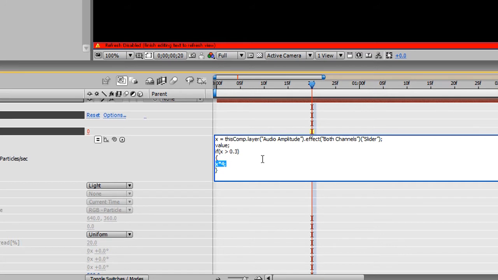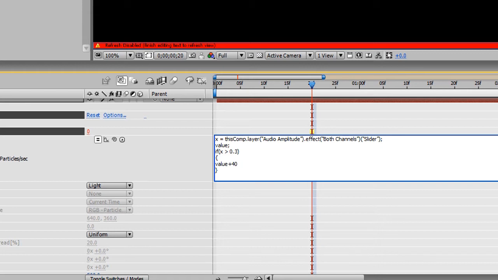But this is where things are going to change a little bit, because as the parameters change, so do our values here. We're going to take our original value, which was 0, and I would usually say times x, but if you've ever taken any math in elementary, middle, or high school, you know 0 times a number is always going to be 0. So we need to say value, which is 0, plus 40,